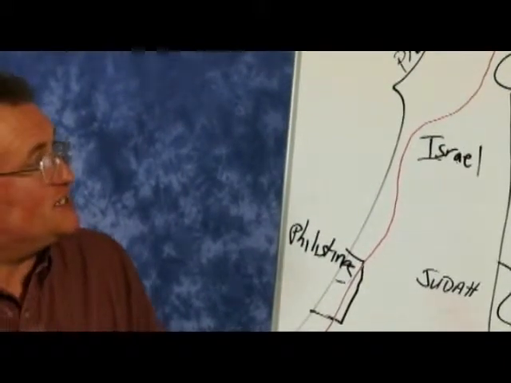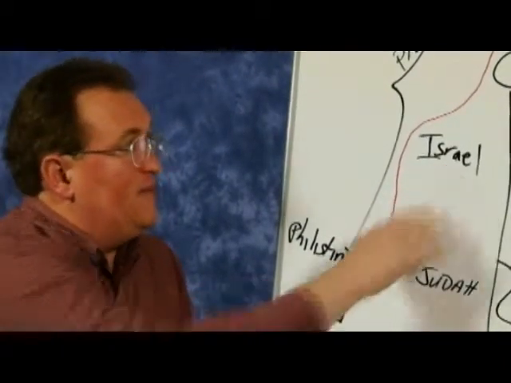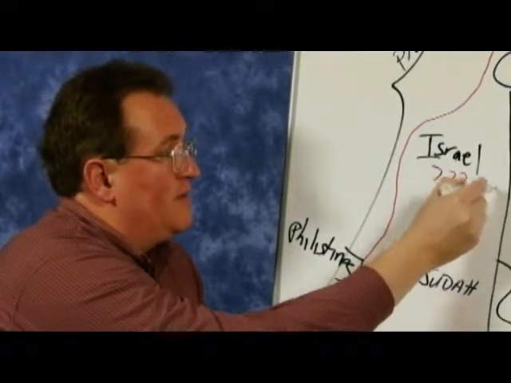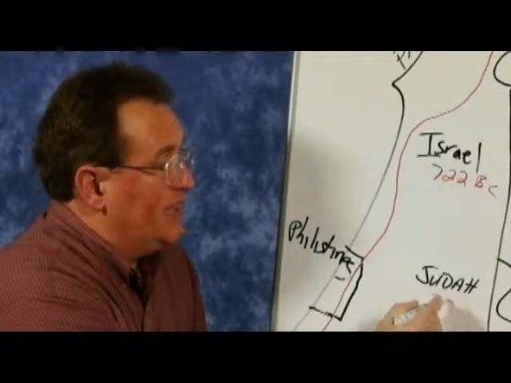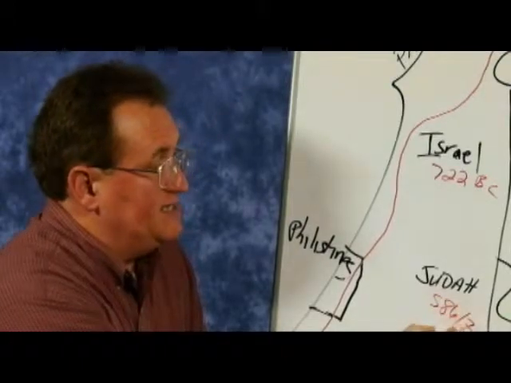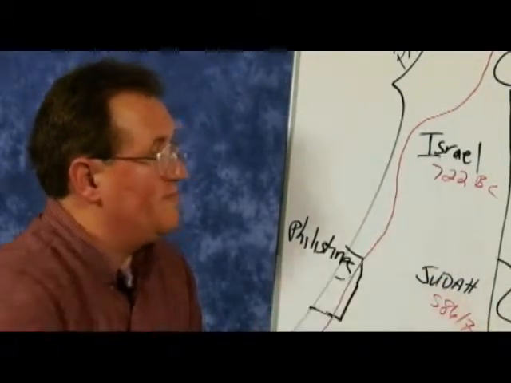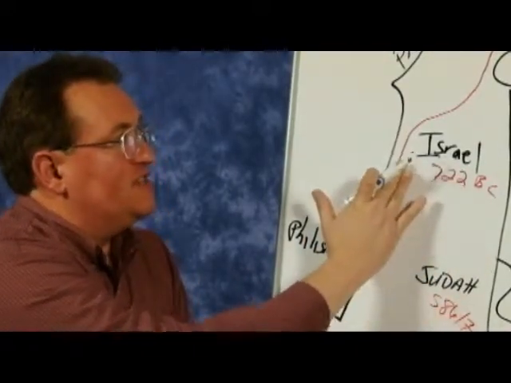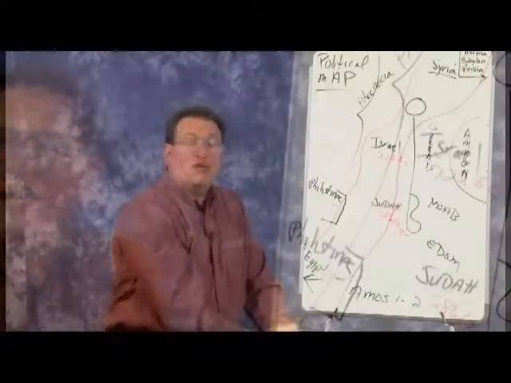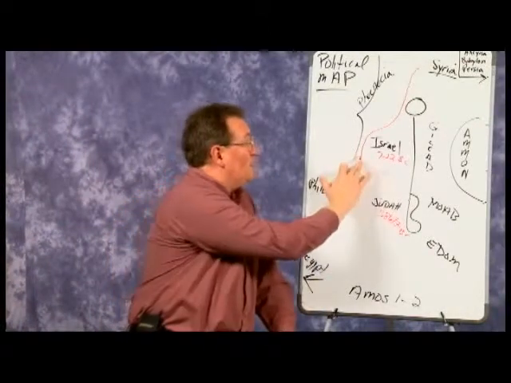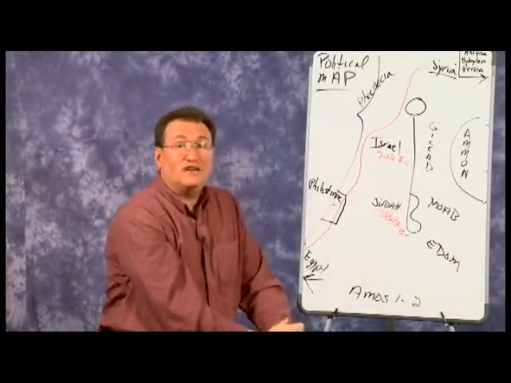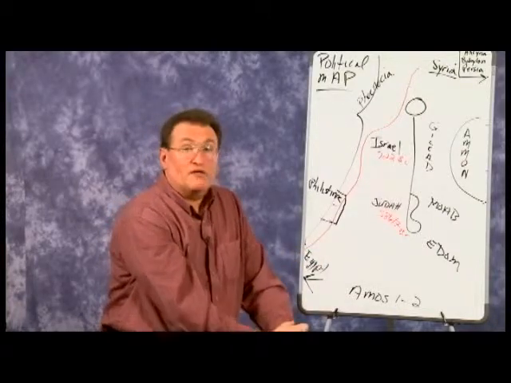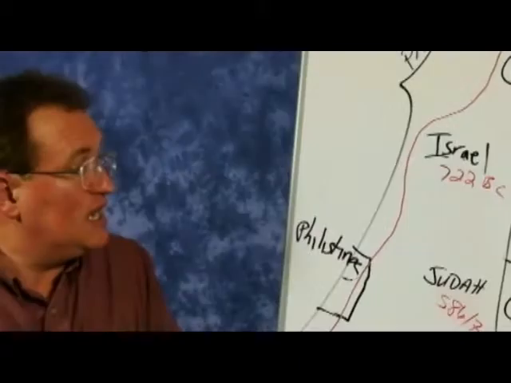It also helps us explain why the northern kingdom fell in 722 BC, and the southern kingdom fell much later in 586 or 587 BC. Notice how much more exposed Israel was to the influences, many of them pagan, from those who were traveling along the International Highway. I believe that there's a metaphor here for the Christian life, and that is God wants us